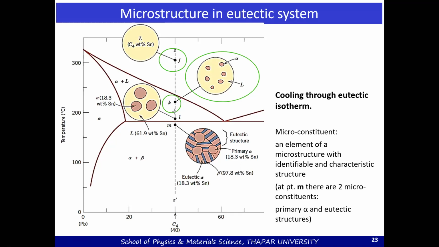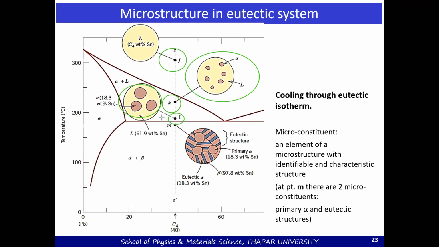If you continue to cool it further and move to the point L, what you can see is your alpha phase continues to grow and your liquid continues to shrink. So you end up with a phase that looks like this. If I ask you to find me the concentration of liquid and the alpha solid at point K and point L, then you have to draw the tie lines, and the tie line is going to tell you the concentrations.